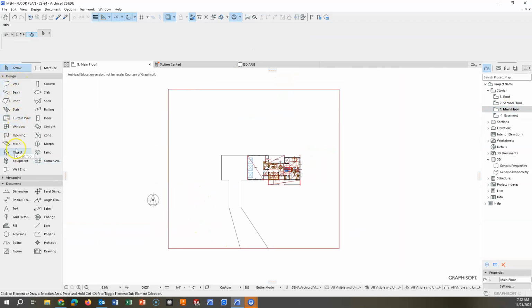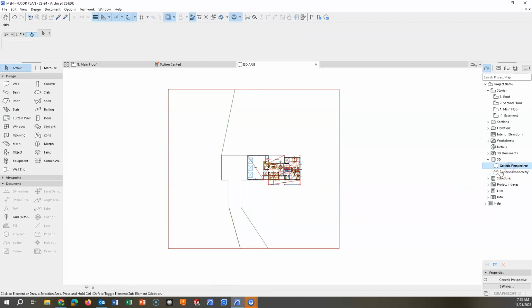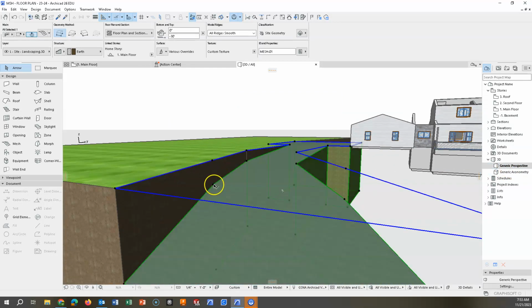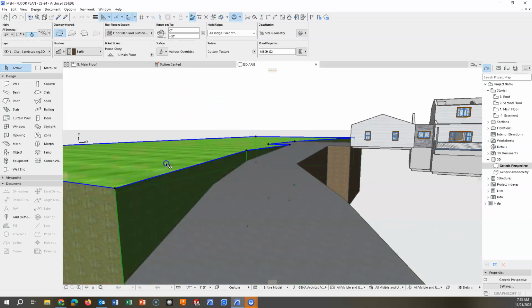So I'm going to come back to my mesh tool. I kept a minus 30 foot base elevation. So I'm just going to trace right around. And again, I can add to this. So maybe I don't want to put it all in at once. So now I have a mesh here that is my grass. But I have to change the elevation. So I got these corresponding mesh points. I can match these up